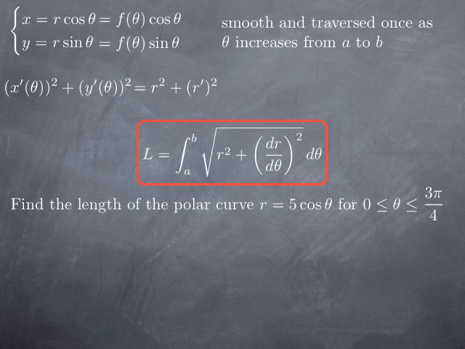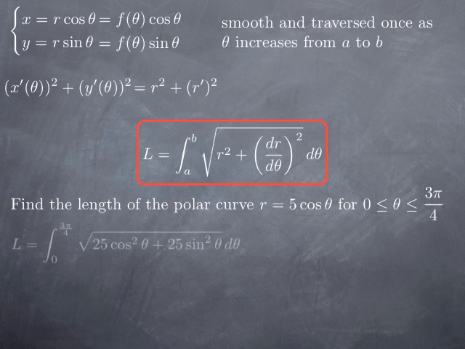Now the first observation is that cosine is 1 to 1 between 0 and 3 pi over 4, and additionally we don't get two angles that are opposite to each other, that are pointing in opposite directions, so we don't have to worry about the same point being obtained twice for a positive and a negative value of r. All this to say, this curve is traversed exactly once as theta increases from 0 to 3 pi over 4,